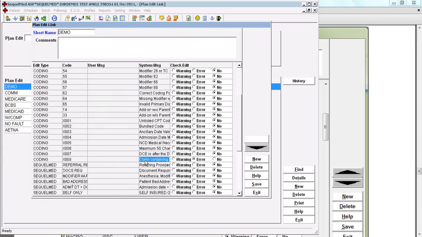You can mark it as a warning or an error or just override it by selecting no. So this is the place where you come to set this edit up if you want a warning in claim editing or tag it as an error. Warnings, as you all know, can be overridden. Errors cannot be overridden, so somebody will be forced to go into the wizard and make sure that the classification is the same, either ICD-9 or ICD-10, before passing it through the claim